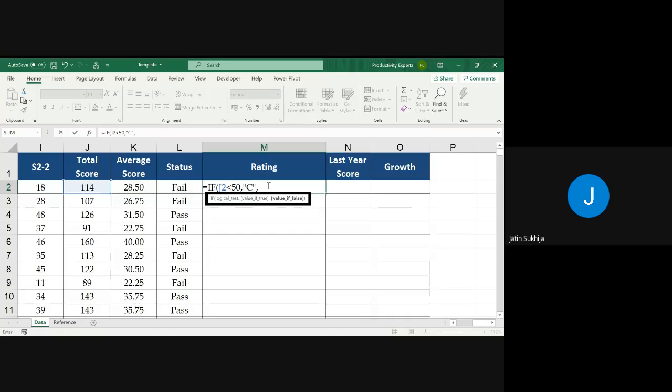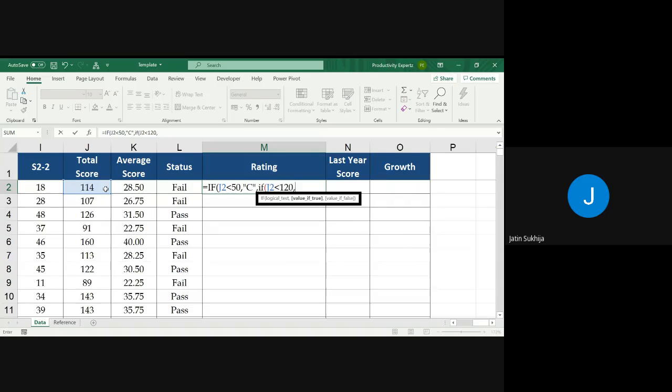So what should be the value if this condition is false? If this condition is false, that means the value is more than 50. So now I'm checking the second condition in the false part. What is the second condition? If J2 is less than 120,